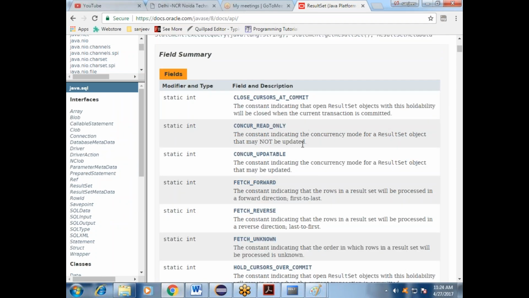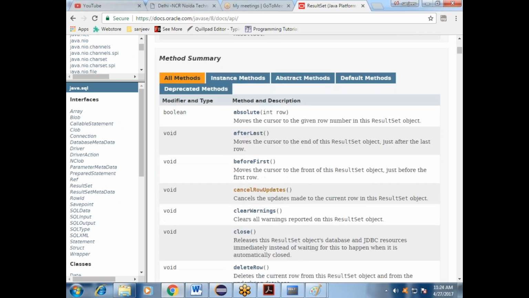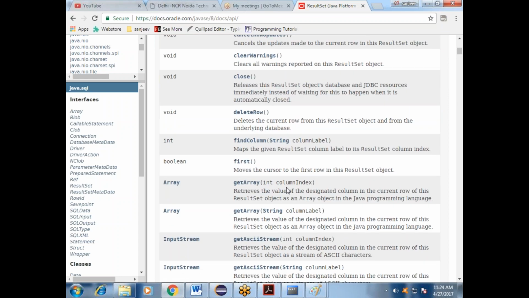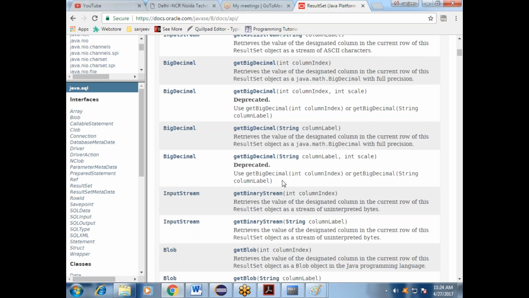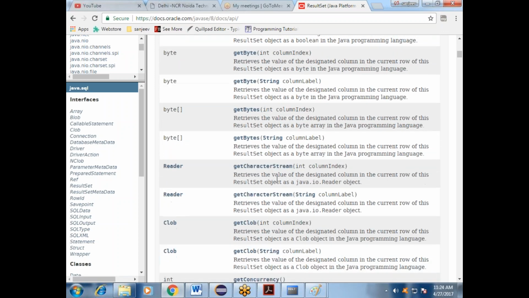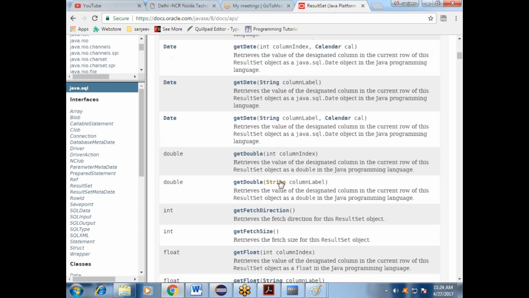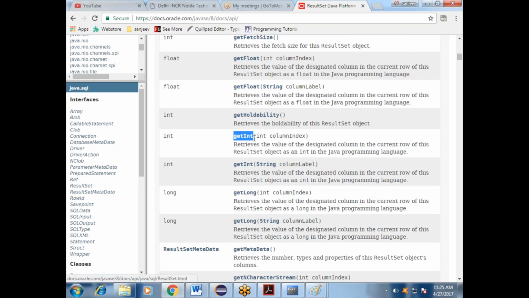Close, cursor, committed, fetching, scroll, absolute, before, cancel, delete, first, getArray, next, and some deprecated ones, getBoolean, getBlob, getByte, getDate. See how many methods there are. Based on that, suppose we are using getInt: if you retrieve the employee number, you can achieve that through it.